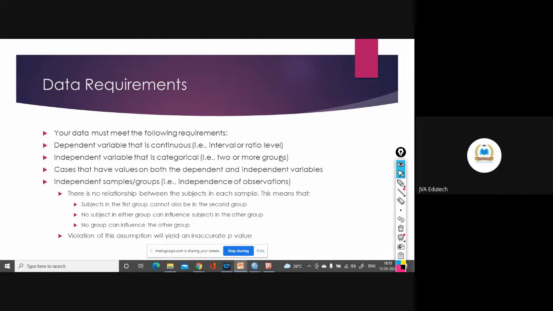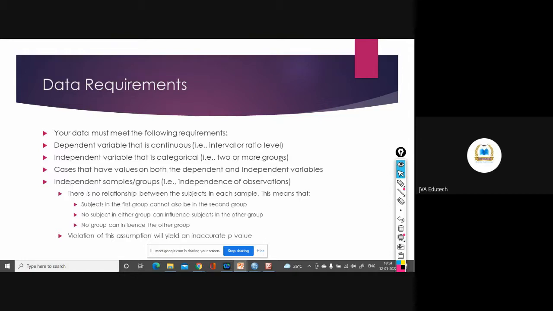And there should be no relationship between the subjects in each sample. It means your categories should be mutually exclusive of each other. They should not have any relationship. That is, the subjects in the first group cannot also be in the second group. You cannot mix. Suppose you are taking the perception of the middle class and lower income group about the taxation system, you cannot mix them, so that a few people from the lower middle class go to the middle class. Or if you are trying to test male and female attitudes towards a particular fragrance or a particular color, you cannot mix.